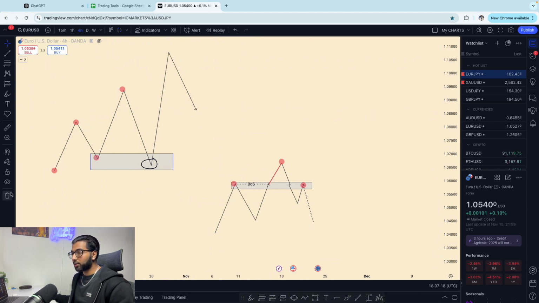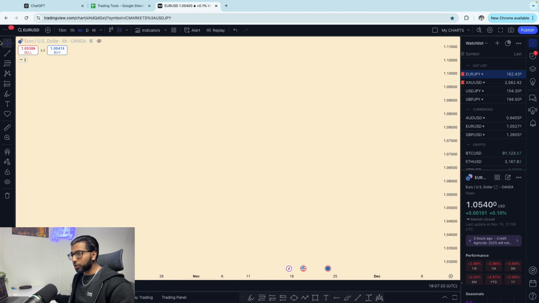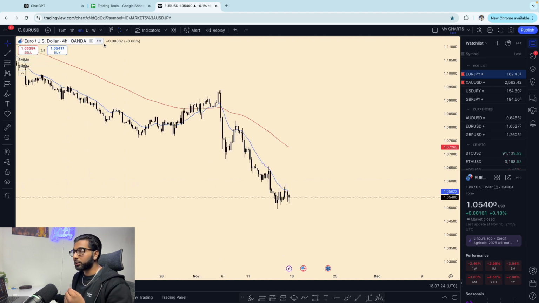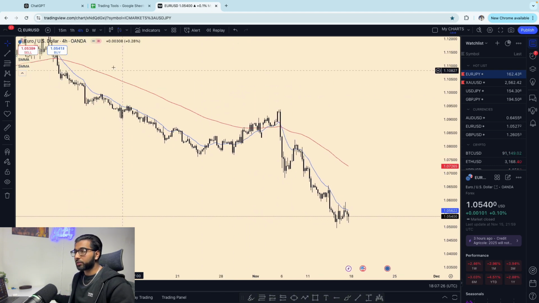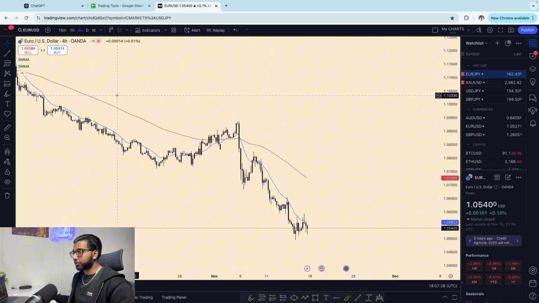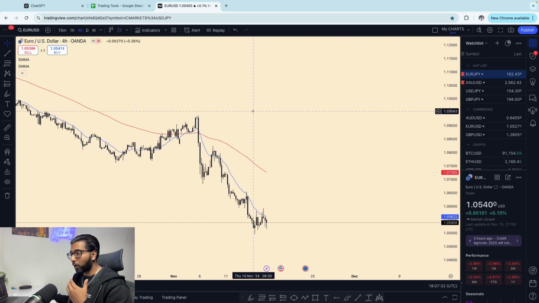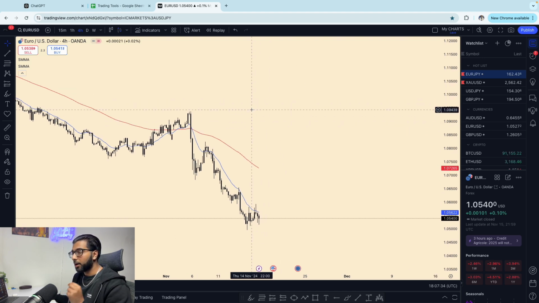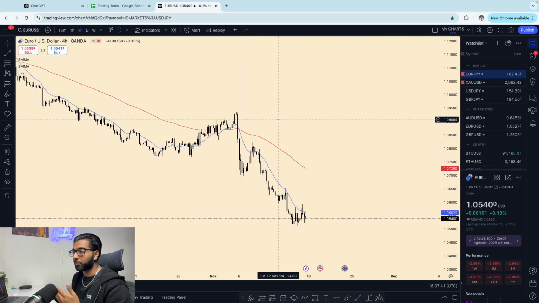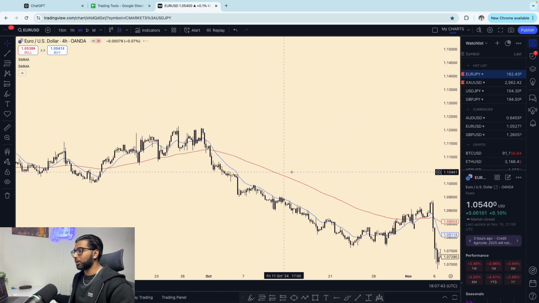But there's going to be times where you will not be able to identify the break of structure. And as a trader, you need to make sure you are aware of these break of structures. It's not going to always be crystal clear on where break of structures are occurring, but as a trader, you need to know this because this is what's going to help you with your trades and help you with your trend biases. So for example, let's look